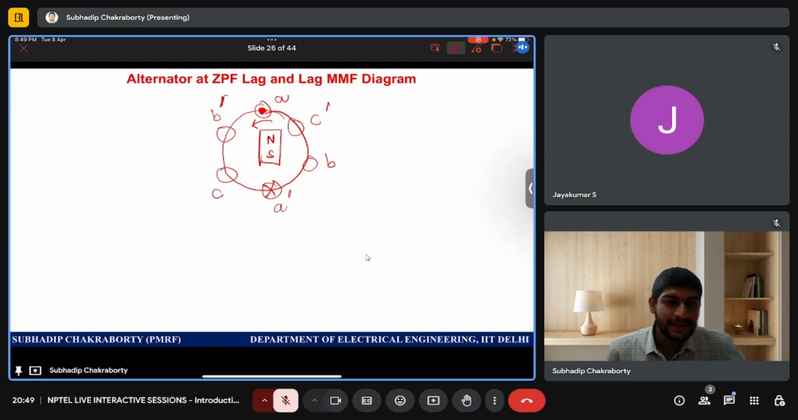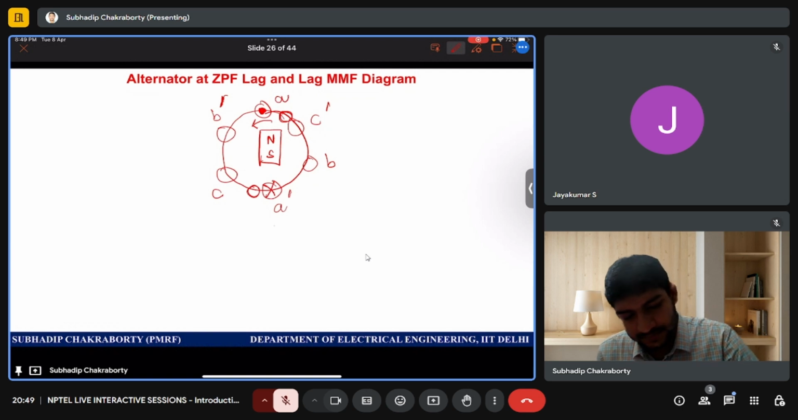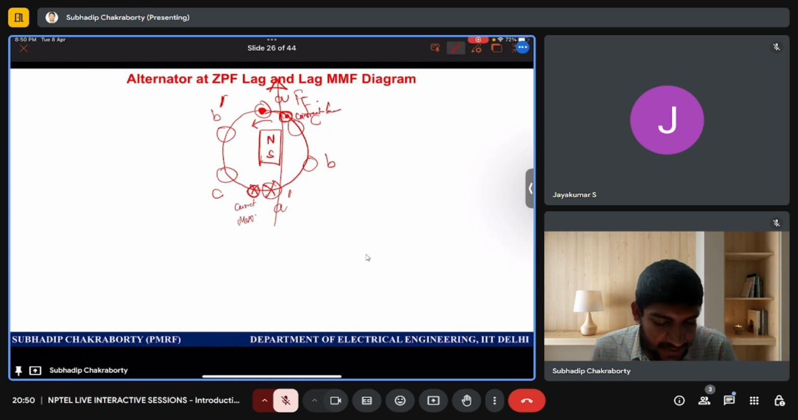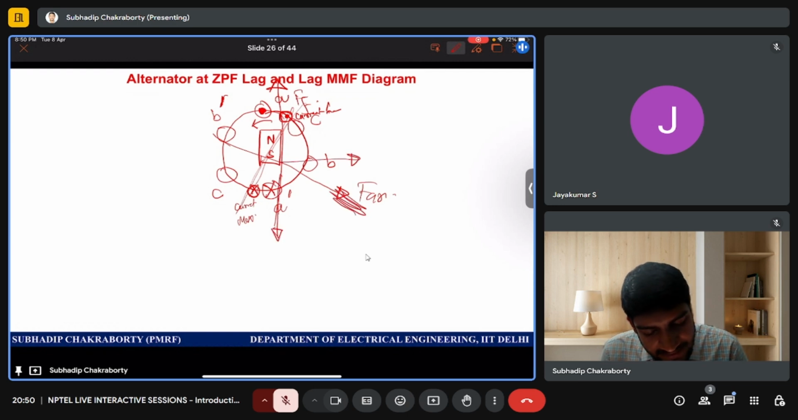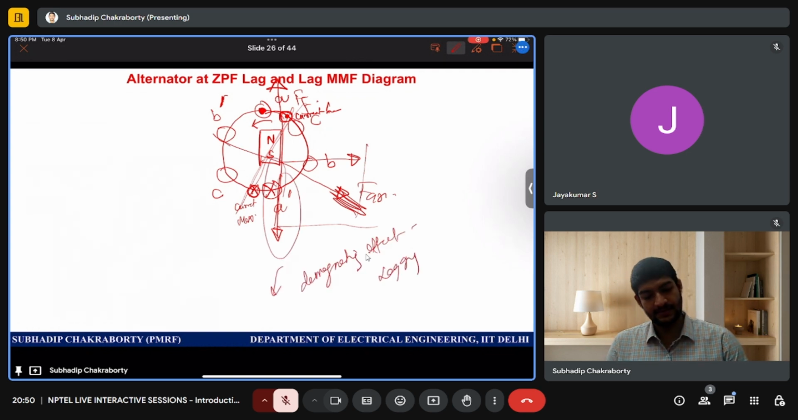So where is current maximum now? Current is now maximum here, in some other coils. So this was FF. Now current max. So you do the right hand rule, and this is F armature. So you see, if you resolve it, one part is pulling it down, one part is like this. You resolve it, right? So this is the demagnetizing effect. So a lagging load